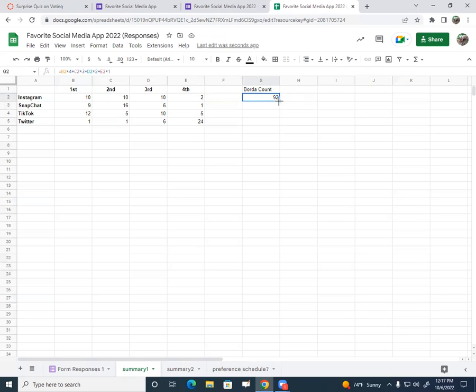So Instagram got 92 points according to the Borda count. Snapchat got 97, TikTok got 88, and Twitter got 43. So if we were going to, again, the plurality method says only look at the first place votes, ignore everything else. The Borda count says, no, second place and third places are worth something, they're just not worth as much. So according to the Borda count method of analyzing a preference ballot,